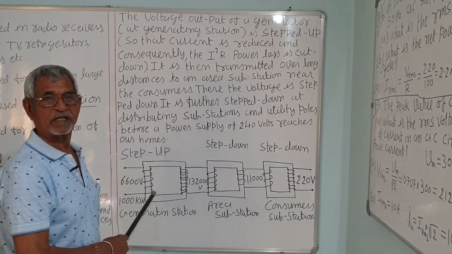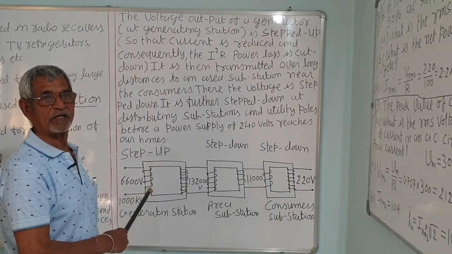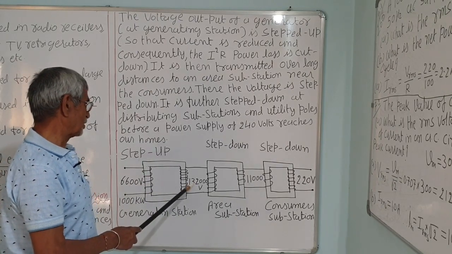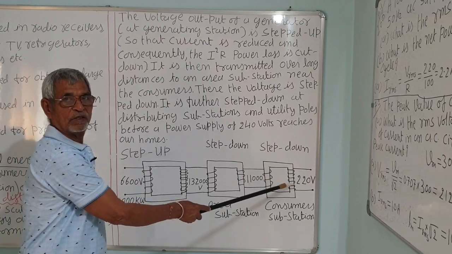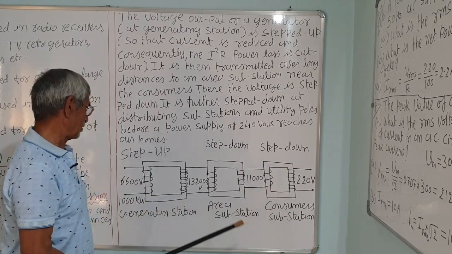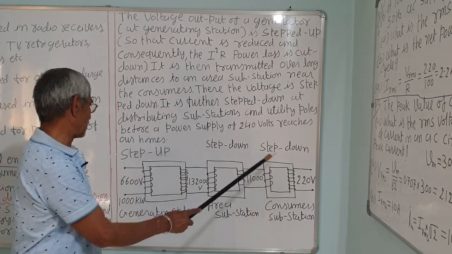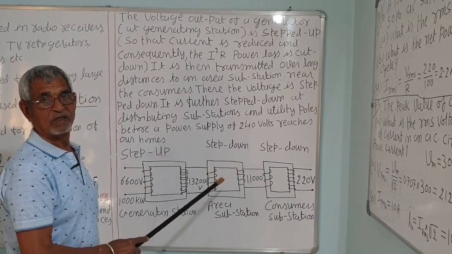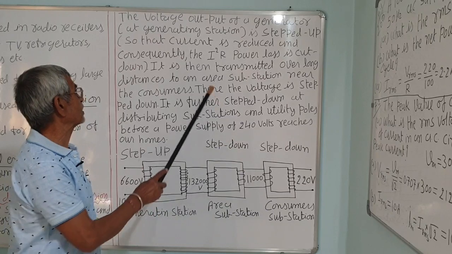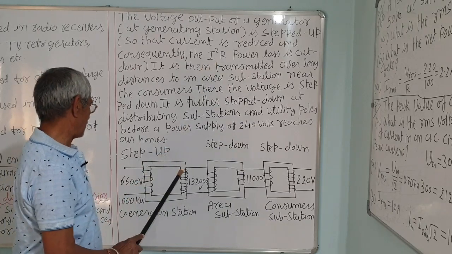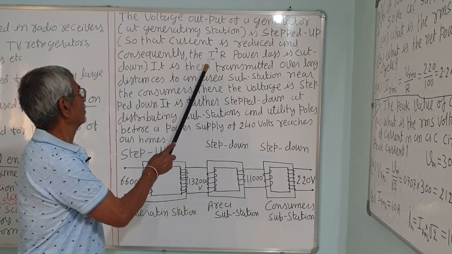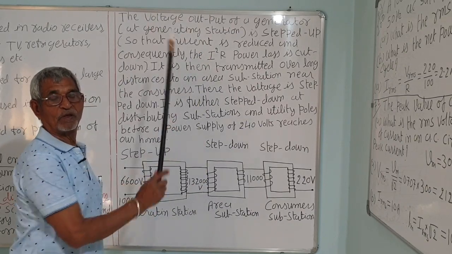Generally, the generating station is situated in a remote area, that is at the dam side, from where it is to be supplied to the users, villages and cities areas. So, this is done by the long line transmission, the transmission line. So, there is a loss. If the transmission line wire has a resistance R and the current in the wire is I, then I square R will be the loss.